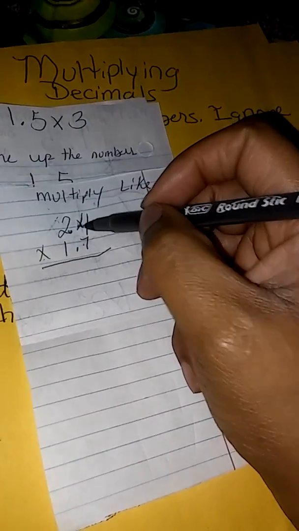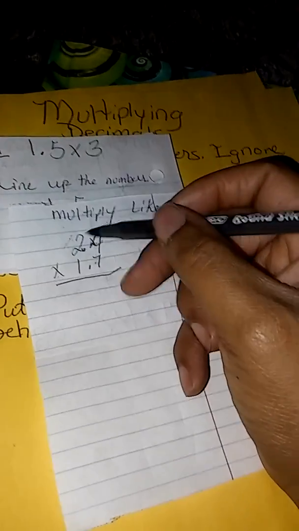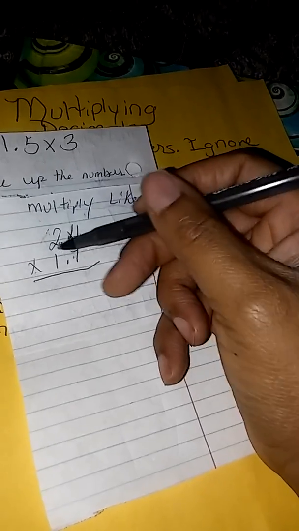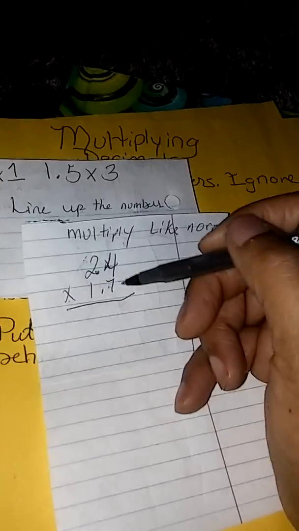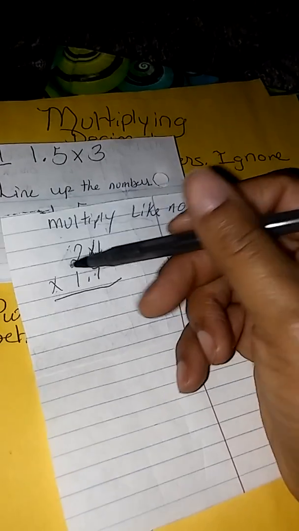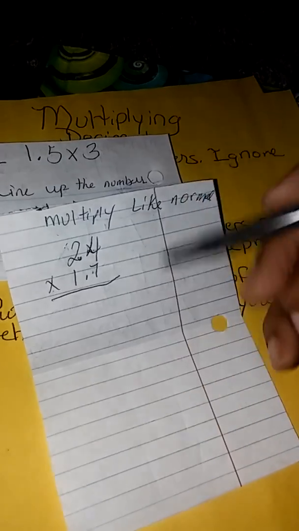So this is 1 times the ones, 1 times the tens. Even though this is not ones, these are just the steps. These are tenths. Tenths times the tenths, tenths times the ones, but we don't want to ruin our little step song. So it's 1 times the ones, 1 times the tens. Put a 0 up on the ones place, 10 times the ones, 10 times the tens, add the two products